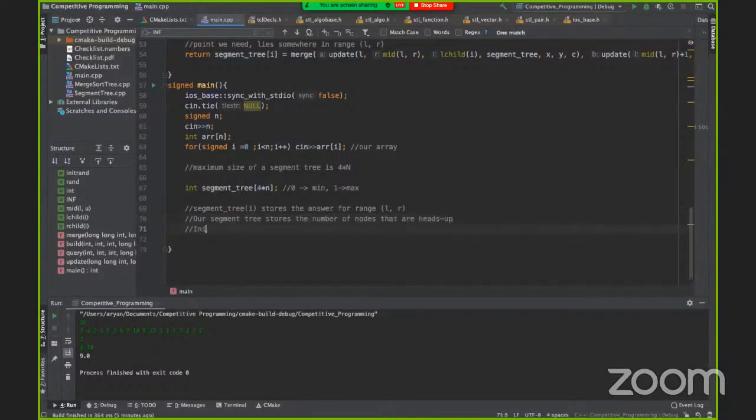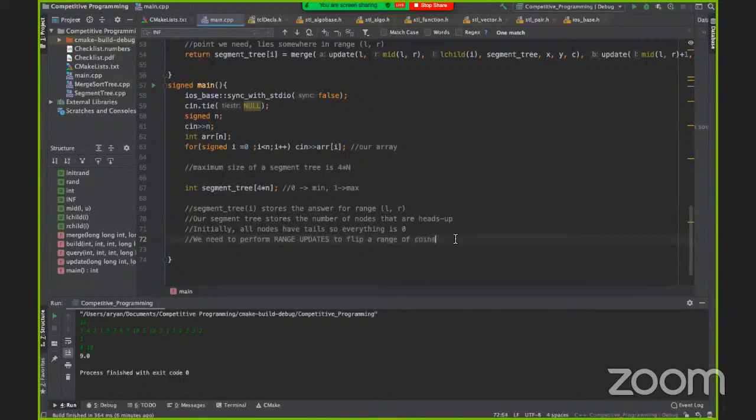Okay, so initially all nodes have tails, so everything is 0. Okay, now we need to perform range updates to flip a range of coins.